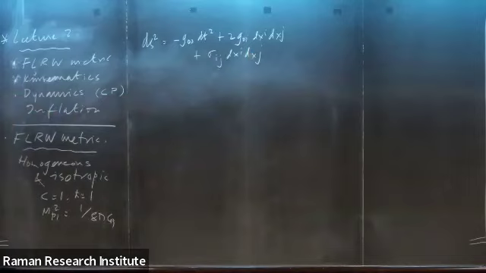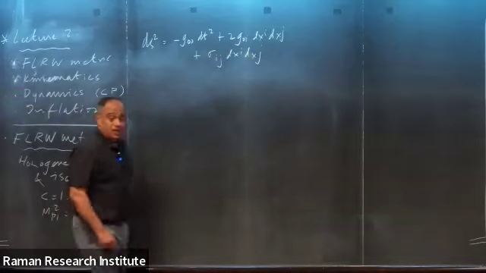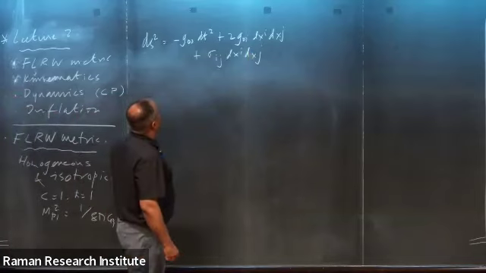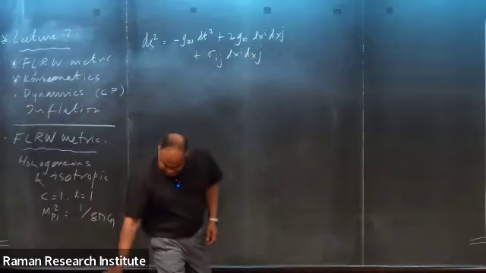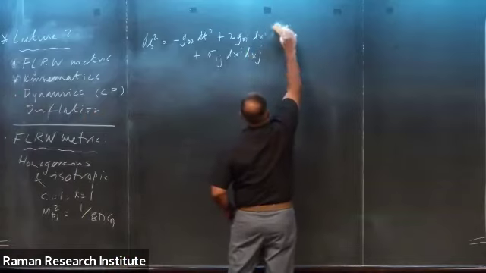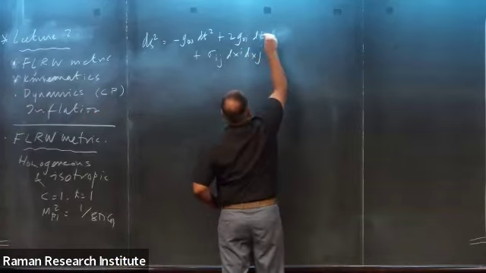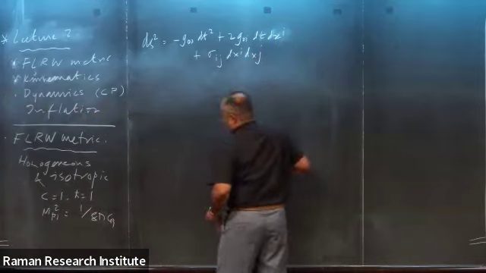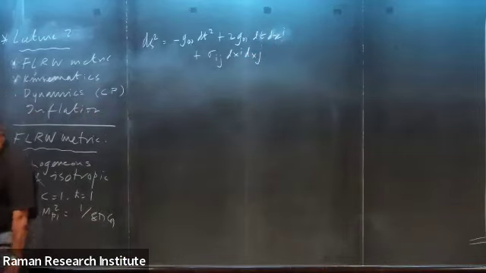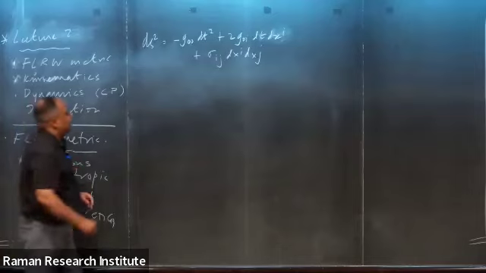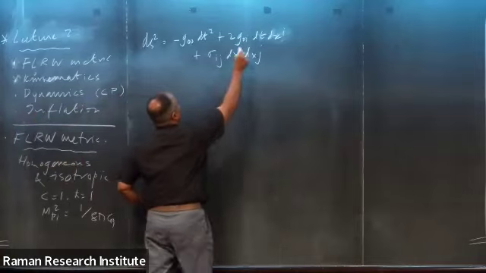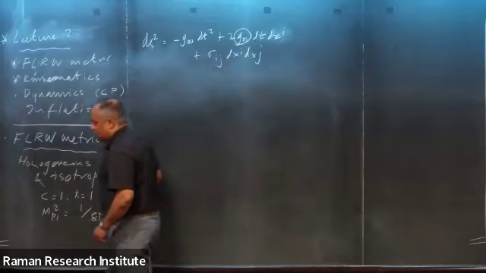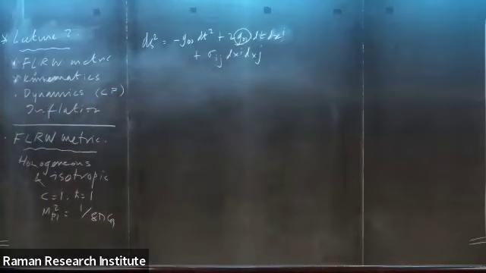I haven't yet said anything about cosmology or any specific space-time. Sorry? Yes, I made an error. Yes, it should be dt dxi. Thank you. And now, can you tell me the nature of this quantity? What kind of mathematical object is this? It's a vector. It has one free index, right?